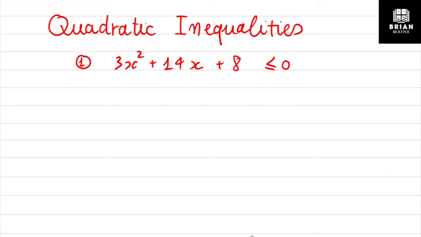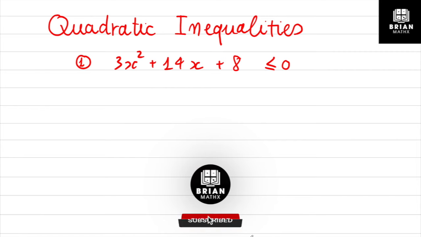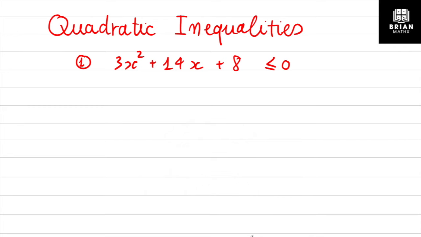Okay, so in this video, we will have 5 examples about quadratic inequality. Quadratic inequality is a little bit harder than an equation because you have to work with the greater than or less than symbol. So let's start. In the first question, you have 3x squared plus 14x plus 8 less than or equal